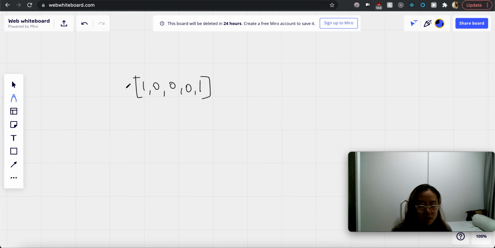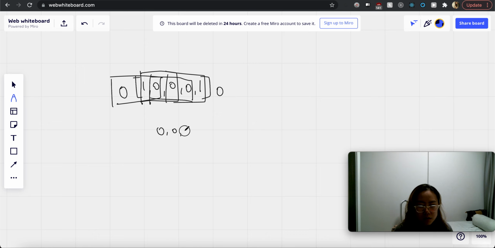One of the ways we can solve this question is to append 2 zeros front and back, and then we have a sliding window that goes through each of these three elements, and depending on how many three consecutive zeros there are, we will